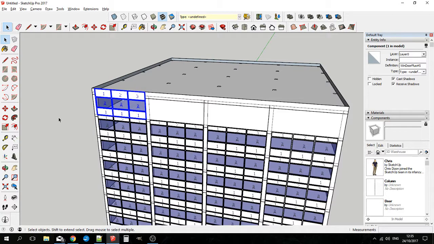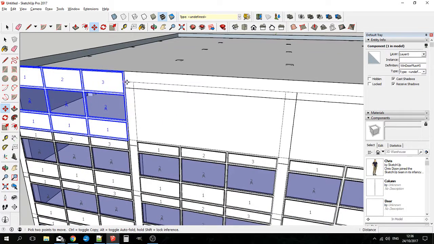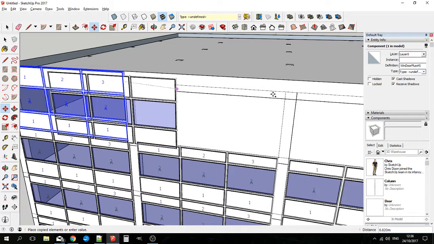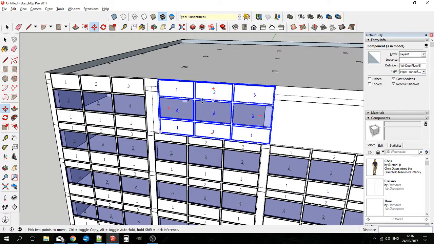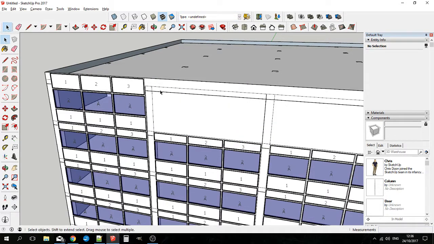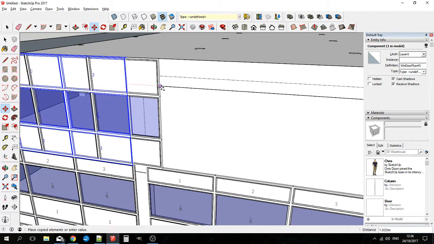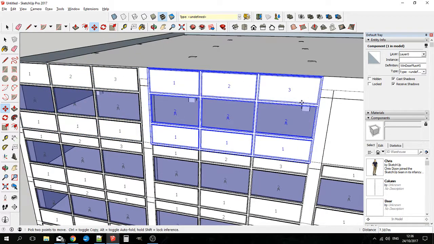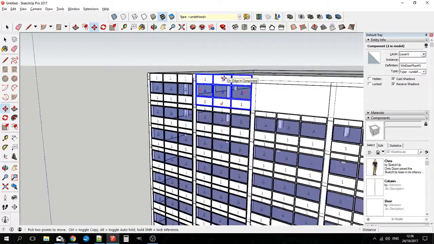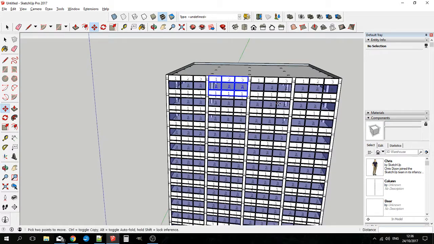I just need to copy that over then. No, I took that too far. Not sure what I was doing there. I took it beyond the column, which wasn't so smart, by 3. So that's that done.